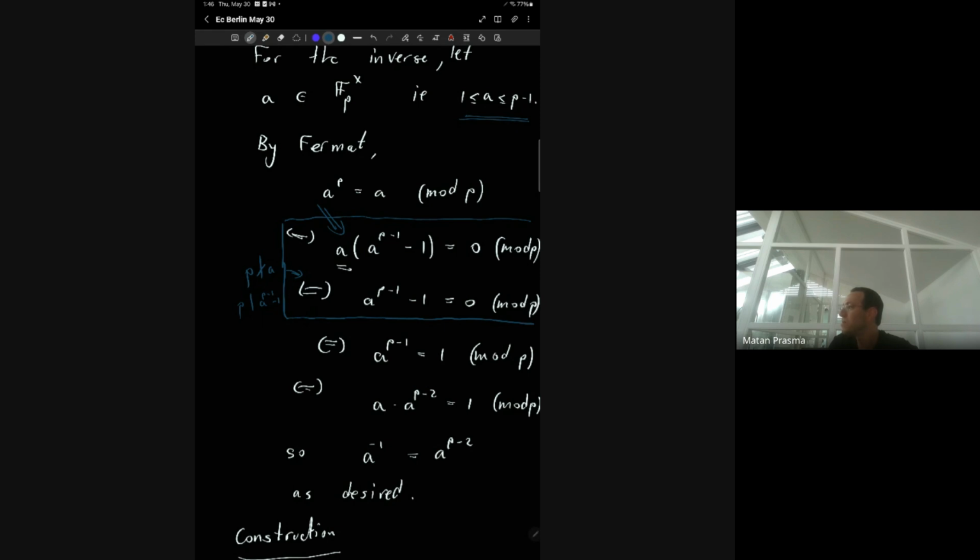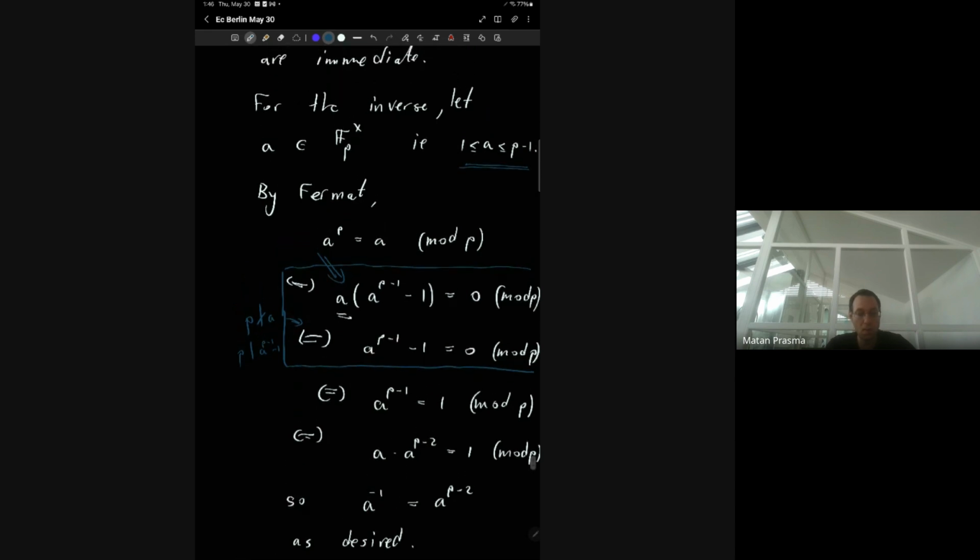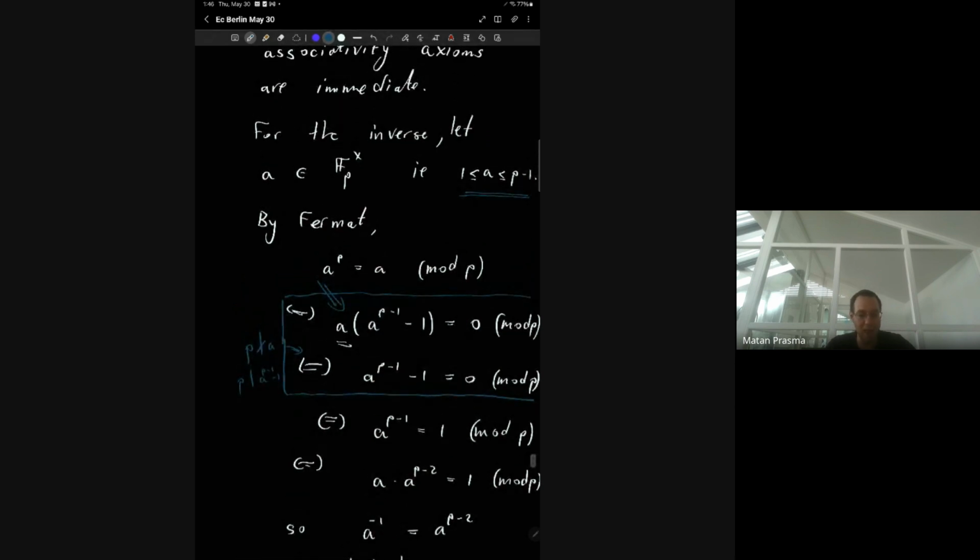Yeah. How I understand this is that this proof is over Fp. So these operations in this proof are over Fp, but multiplication in the group operation is something different. It's different multiplication. No, I mean,